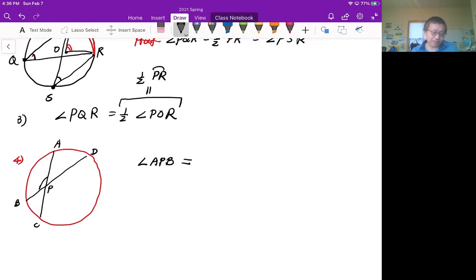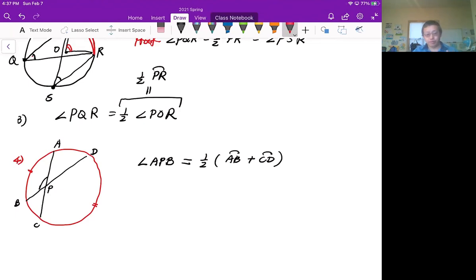Here the corollary says that I get 1/2 of the arc AB plus the arc CD. Okay, let's see. I understand that. Where's the arc AB? The arc AB is here, that's the first one. And where's the arc CD? The arc CD is the other one here. So basically, how do I understand the theorem? The theorem says that if you want an arbitrary angle inside your circle, the angle APB,